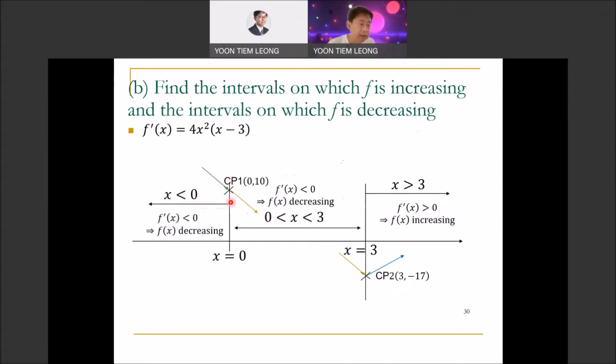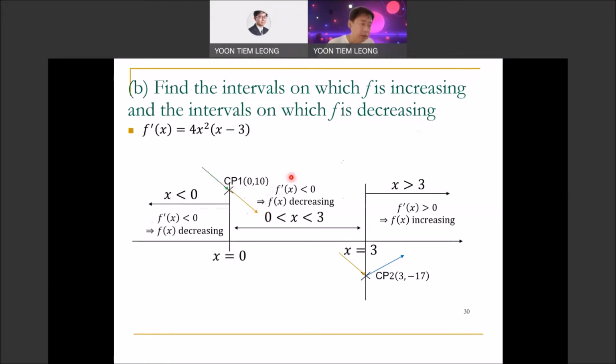It just says the left hand side is decreasing because f prime is negative, and the right hand side of CP1 is also decreasing. So I use this green color arrow to show that the function on the left of x equals 0 is a decreasing function for the simple fact that f prime in this region is negative. On the right hand side of x equals 0, the function is also decreasing, indicated by this arrow, to show that the function f is decreasing for the very simple reason that f prime is